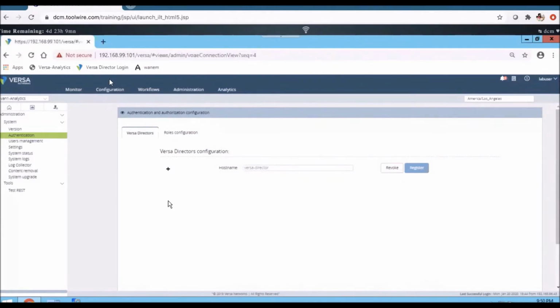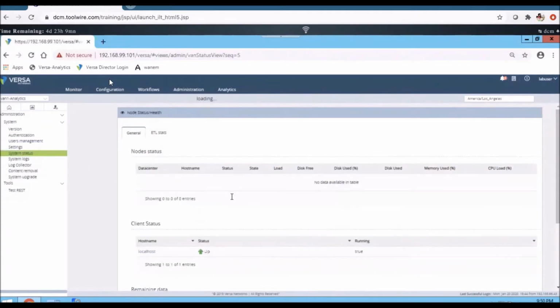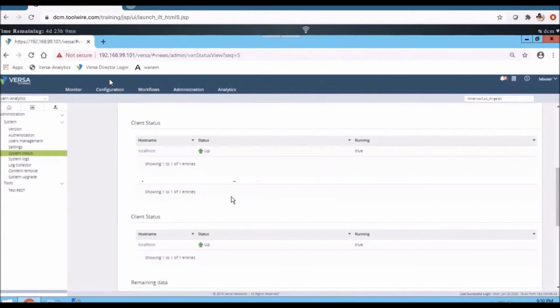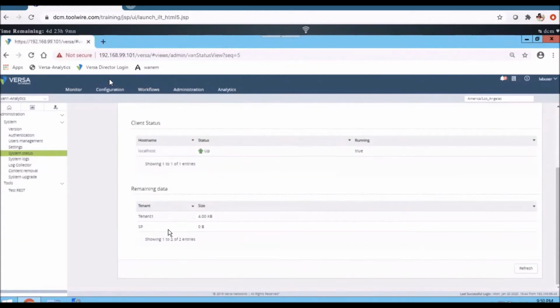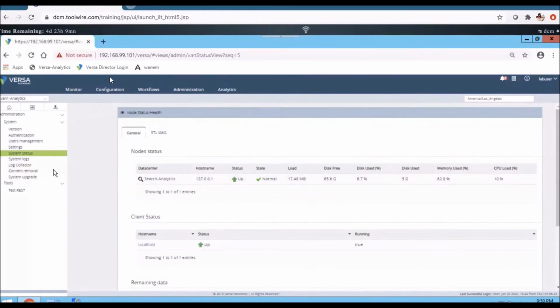So this is the authentication part between the director and analytics. When it comes to the system status, it provides the usage of the director, that is, how much data is occupied on this analytics for this tenant. So this is about the analytics administration tasks.